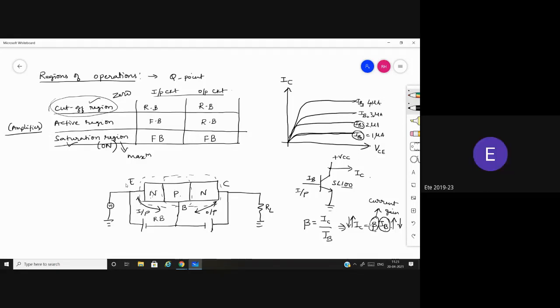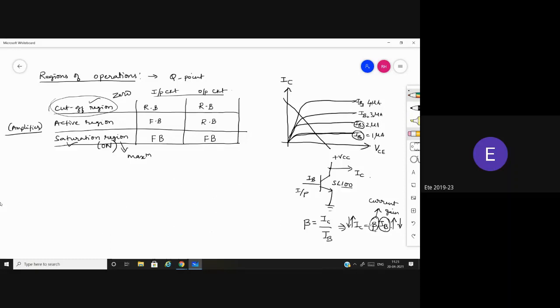So this is an output characteristics of BJT. So here we are going to plot a DC load line. The DC load line is the graphical analysis of a given device, which gives precise voltage and current. So how are we going to plot this DC load line? That is the question.